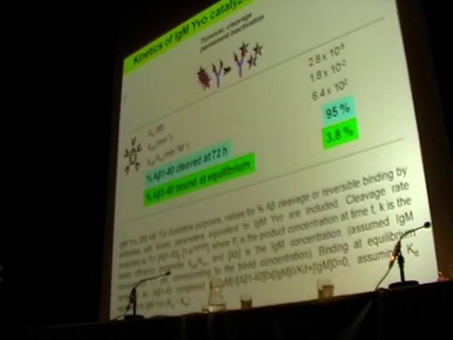Now this is just the rates of reaction of a catalytic IgM that we isolated by screening patients with Waldenstrom's macroglobulinemia. These are patients who produce large amounts of monoclonal IgM, and we screened about 20 monoclonal IgMs and found one that hydrolyzes A beta as seen by HPLC and by mass spectroscopy